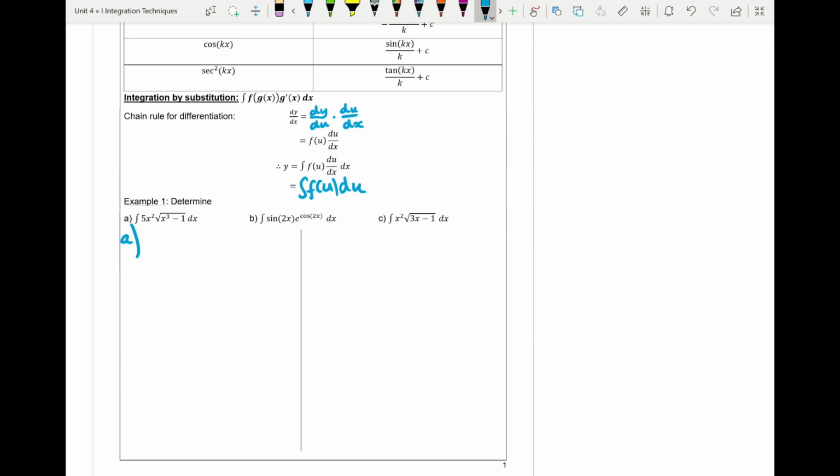So for part A, we have the integral of 5x squared times the square root of x cubed minus 1 dx. Now that 5x squared times the root is referred to as the integrand. It's what's inside the integral. So when looking at this integrand, we can see that we have a function under the radical sign that when differentiated gives us an x squared term. So if we let u equal x cubed take 1,